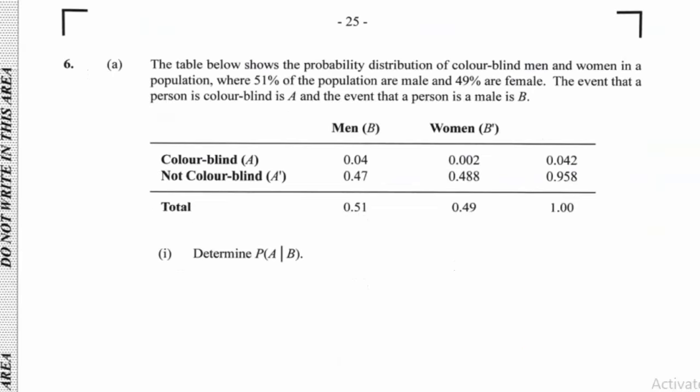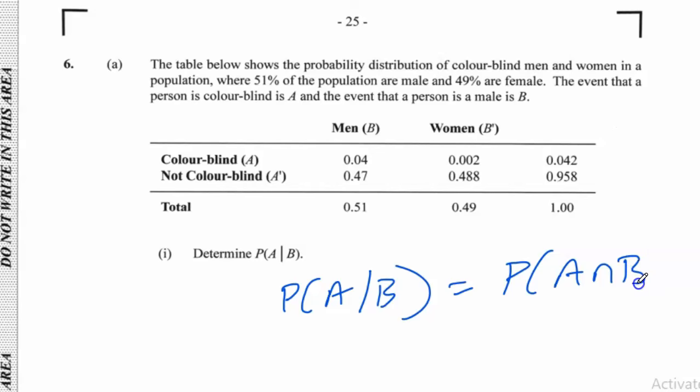Question 6. This is a conditional probability problem. The probability of A given B, the formula there, is the probability of A intersect B over the probability of B. Let's look at it now. So A is colorblind, and B is men. So A intersect B will be this,